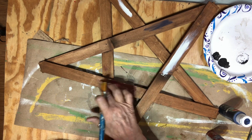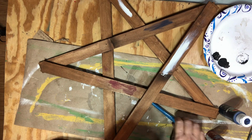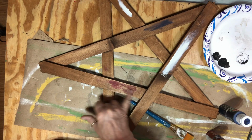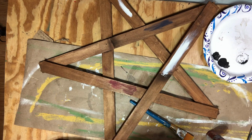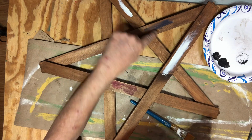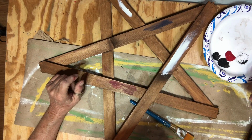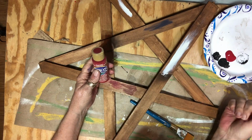I was sitting here testing reds and figured out I liked this one, so I kind of sanded it back so it wouldn't show so bad. So I've got every one of my things marked so I don't do the wrong color. But I chose for the red. It's called,